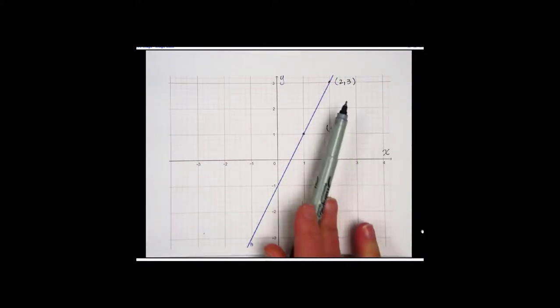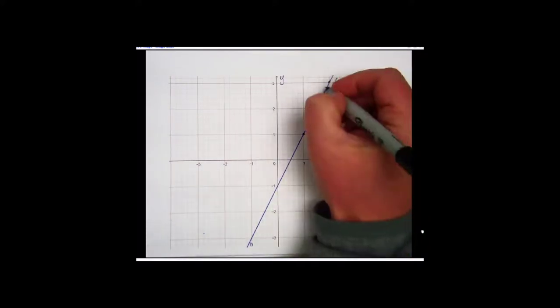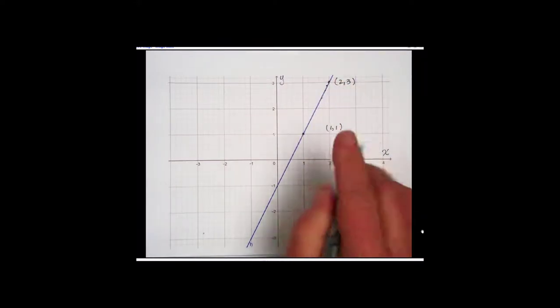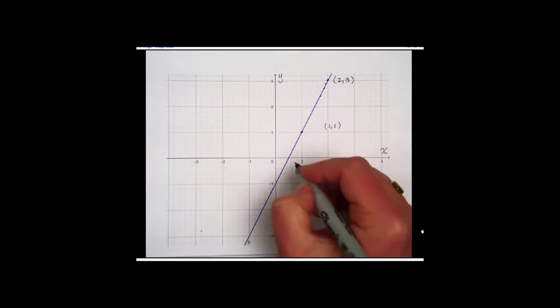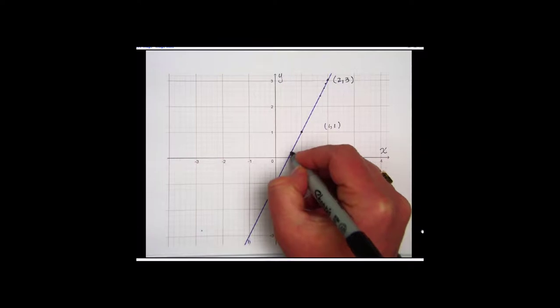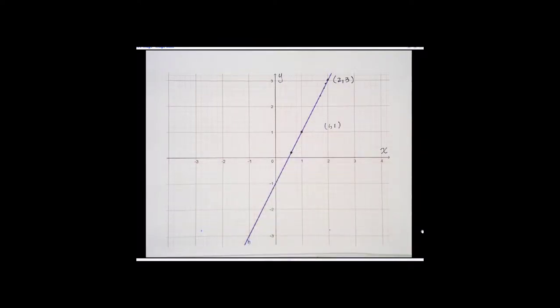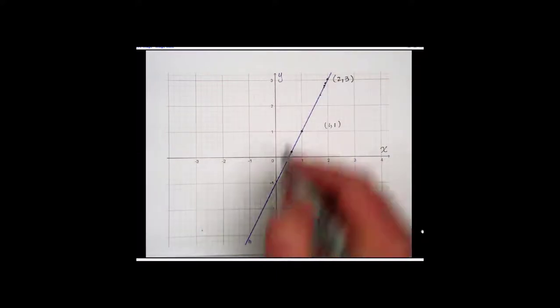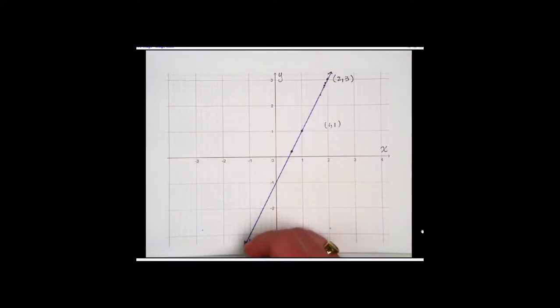So why don't we just list all the points on this line? Well, there's actually an infinite number of points. I've concentrated on ones that I can read off exactly, but if I wanted to, I could come here and say, all right, what happens at a half? Well, it's a half and a fifth or something like that, okay? So remember that a line is made up of an infinite number of points, and it will go on forever. So instead of having to list all these points because there's an infinite number, we want to come up with an equation that will describe the line.